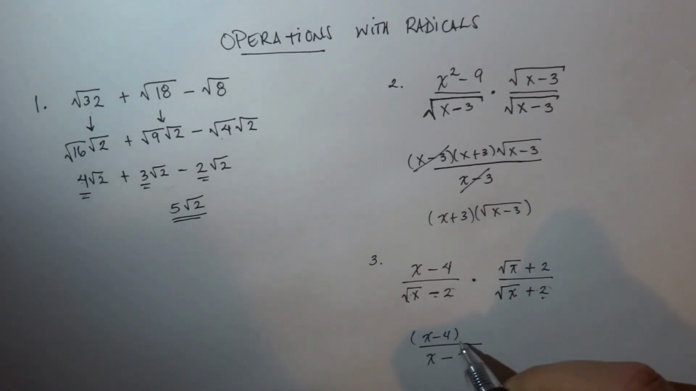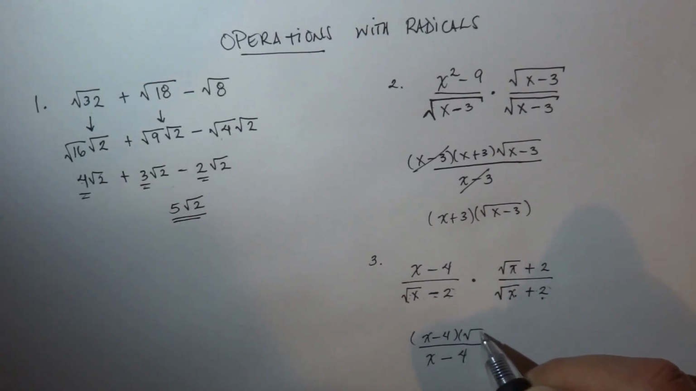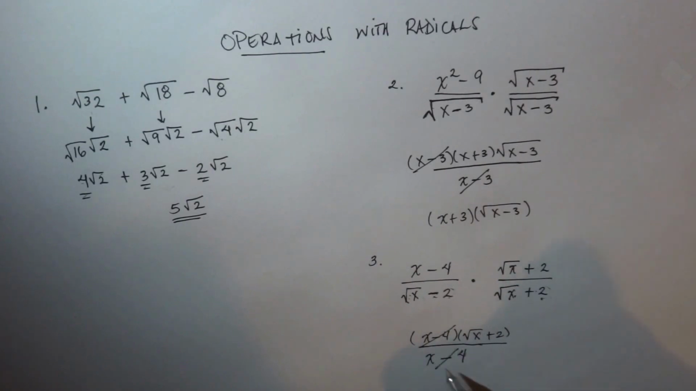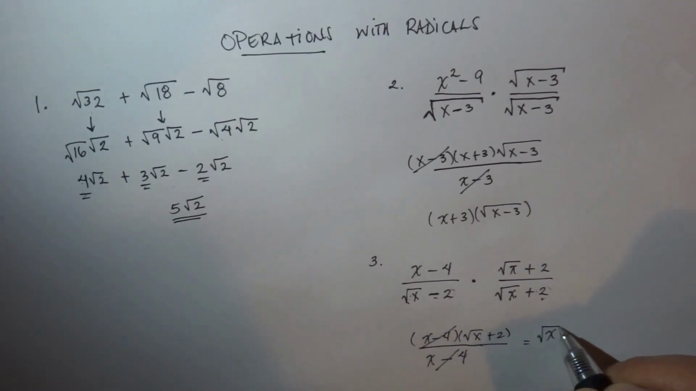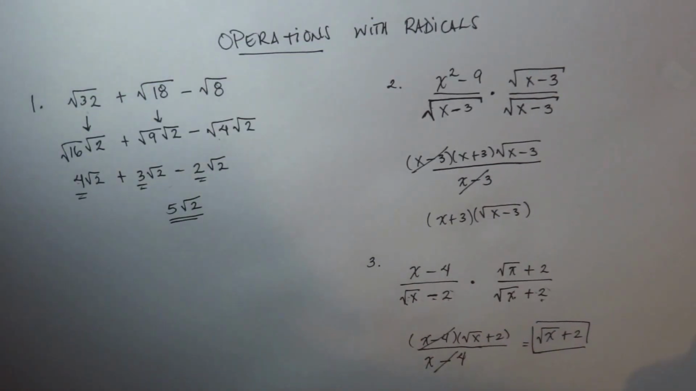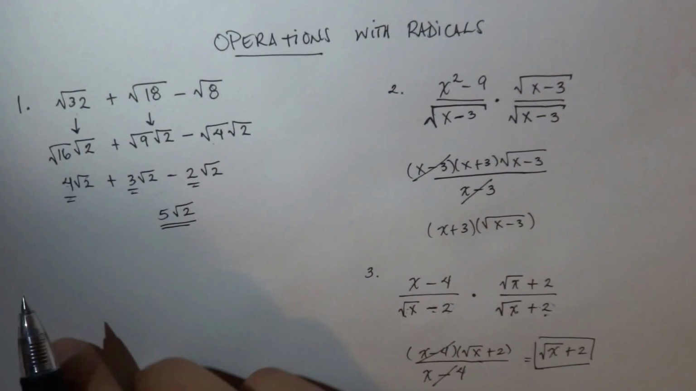And you're going to notice that we're going to be able to simplify. X minus 4 simplifies. My final answer is the square root of x plus 2. Okay, and there it is. But you know what? Let me go ahead and